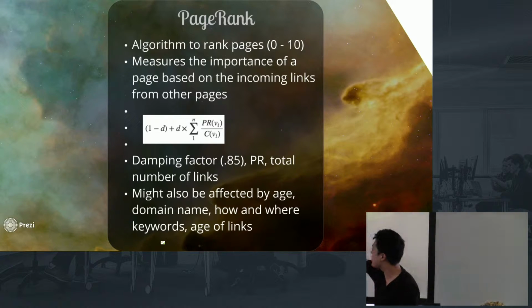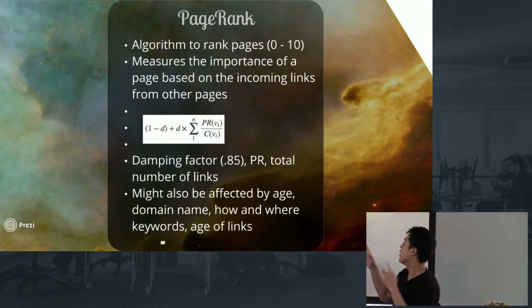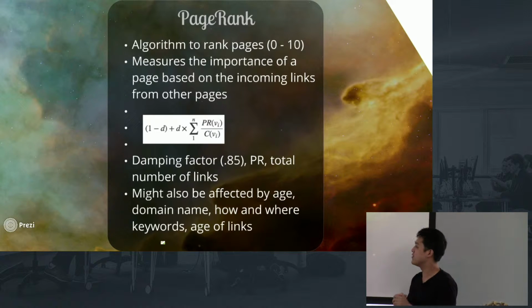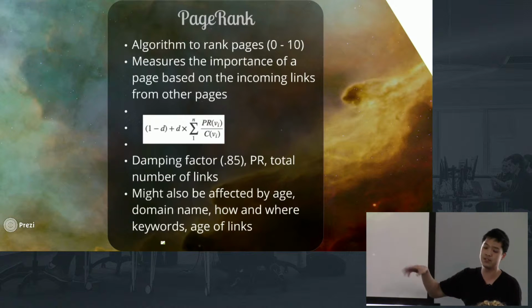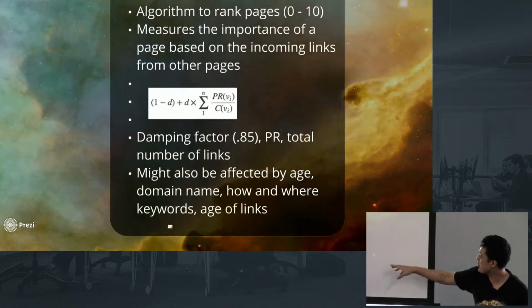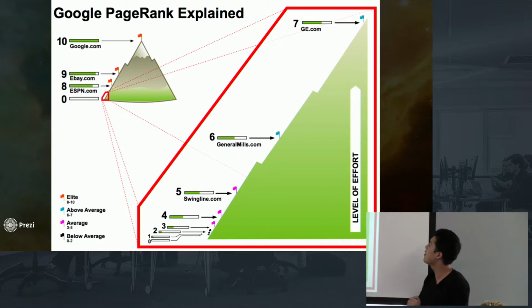D is the damping factor. It's a factor from 0 to 1. The standard that's being used is around 0.85, and it's an indicator of how much web surfers are liable to keep clicking. So if a web surfer is on a site and they see a backlink, they might click it and go to another site and keep clicking. A damping factor of 1 means that they just always keep clicking. So it's less than 1, so that potentially infinite sum never diverges. It always will converge. And there's speculation about what other things might be important in their algorithm.